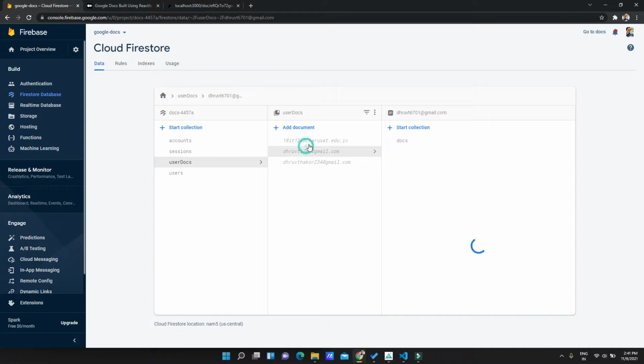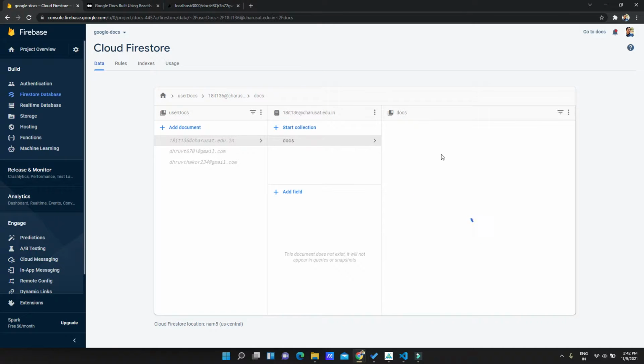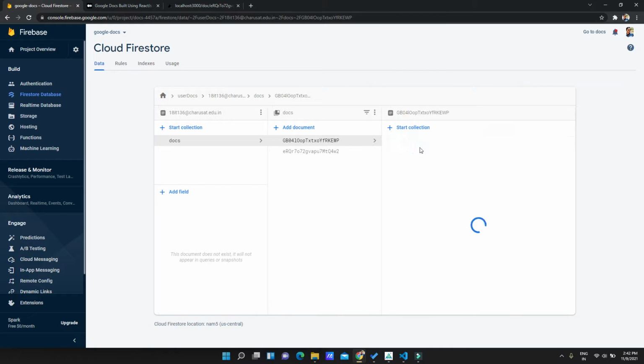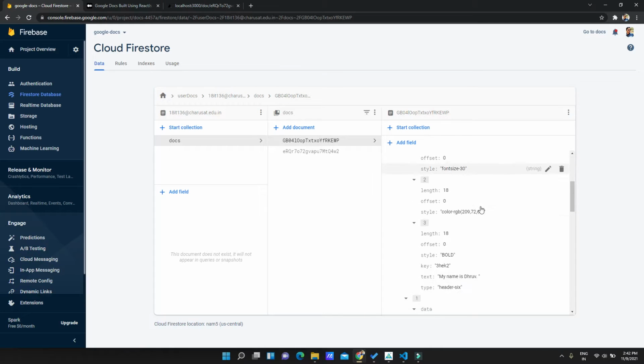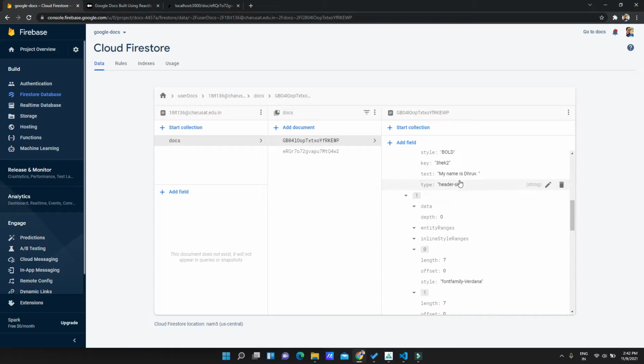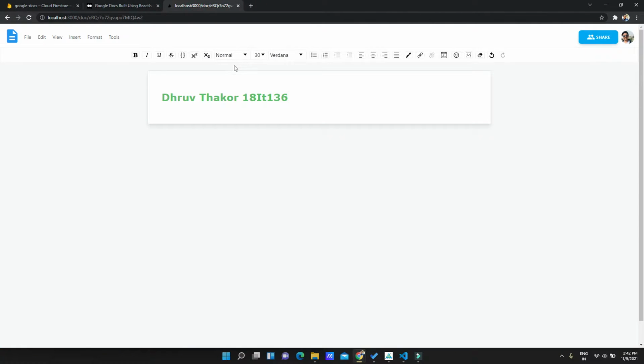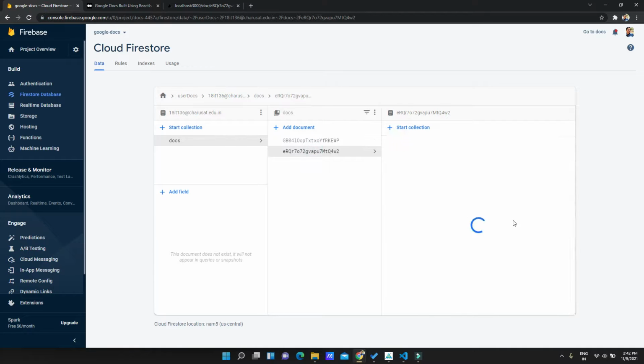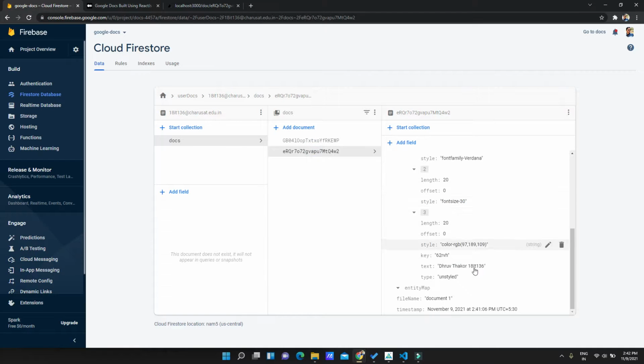We can also see the 189136 docs here. So we can see here my name is Dhruv. Okay, this is our document.